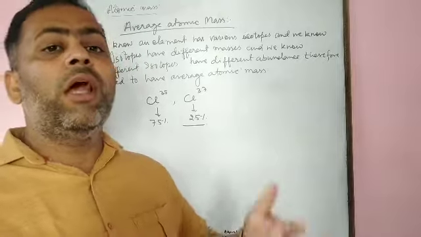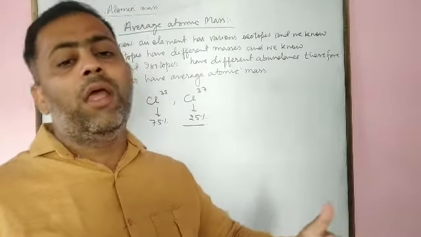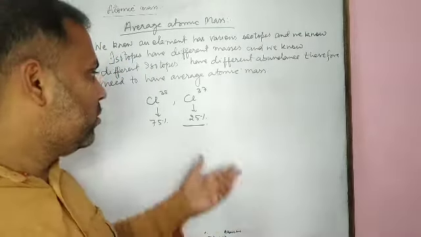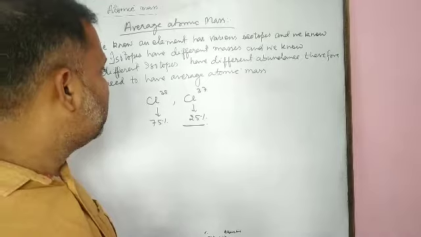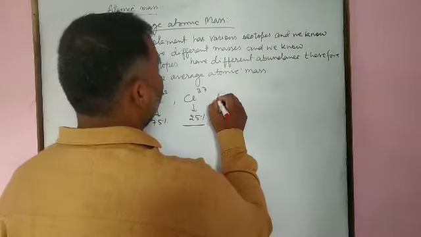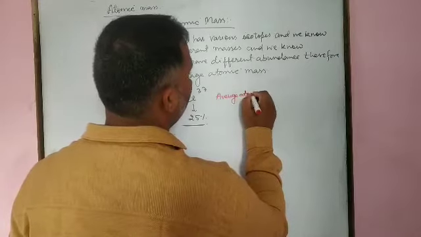We simply add the masses of these 100 atoms and then divide it by 100 in order to get the average, which I see here. Average atomic mass